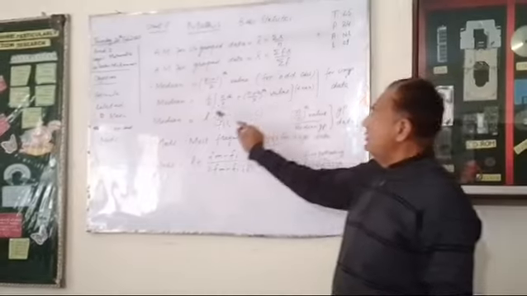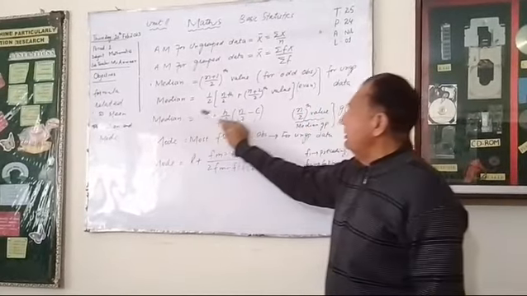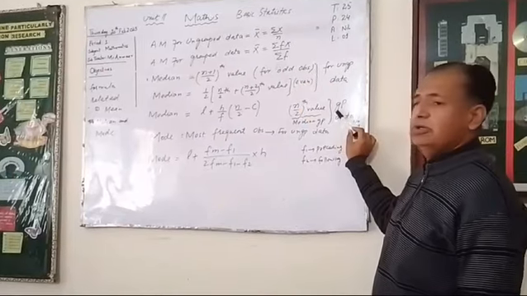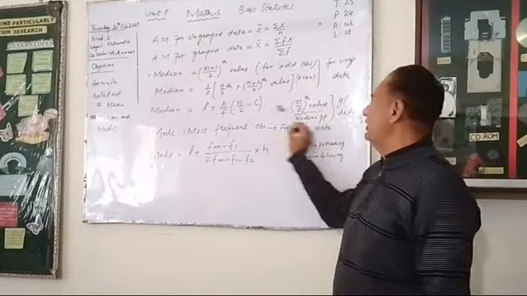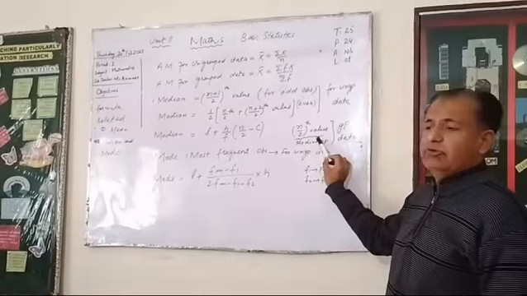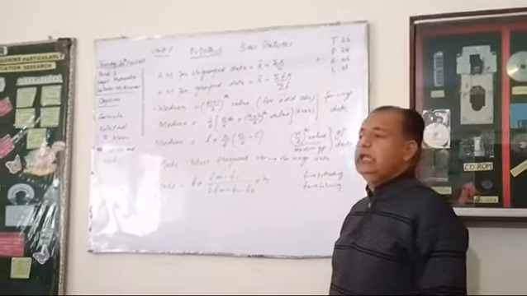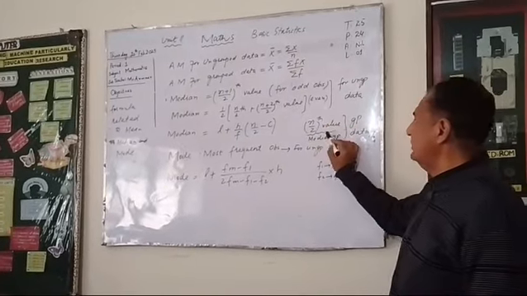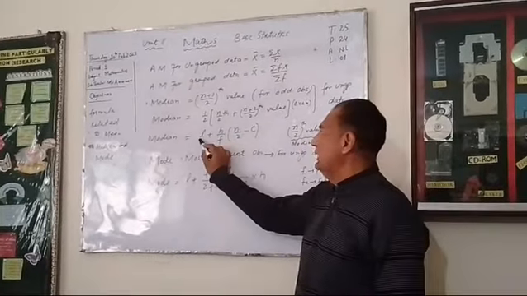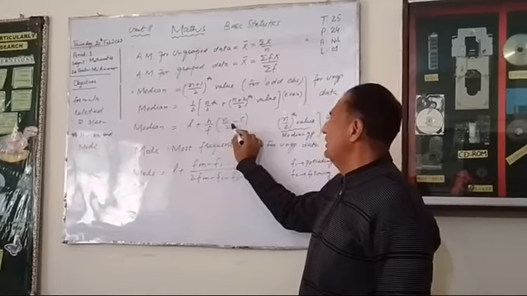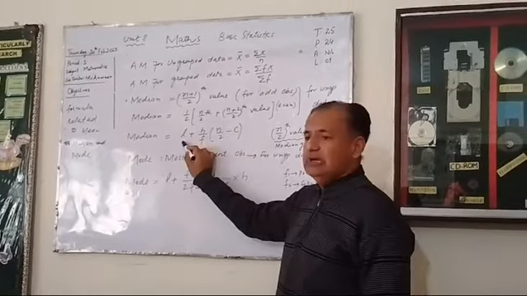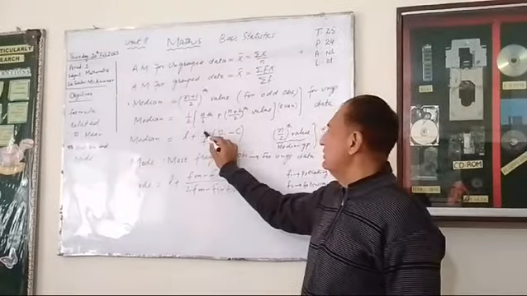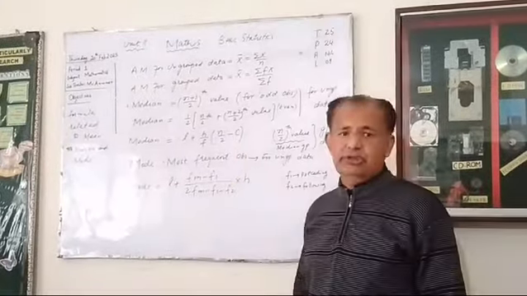Okay, but if you are going to find the median for grouped data, this is for ungrouped data and this is for grouped data. First of all, you will find the median group. For the median group, you will use the formula n over 2 value. When you have found the median group, you will utilize the formula L plus h over f into (n by 2 minus c). L is the lower class boundary of that median group, h is the size of class interval, and c is the cumulative frequency.